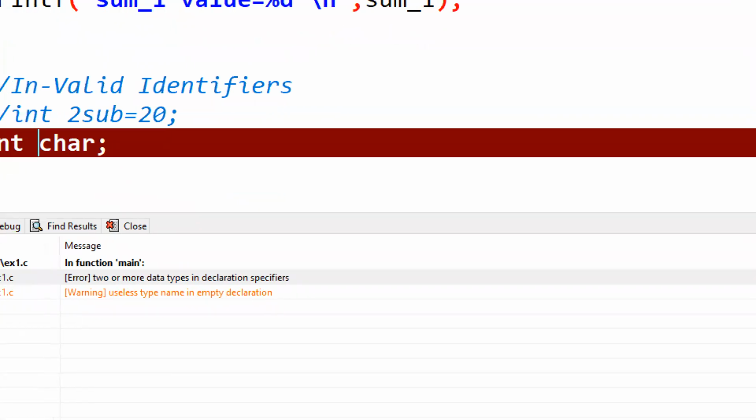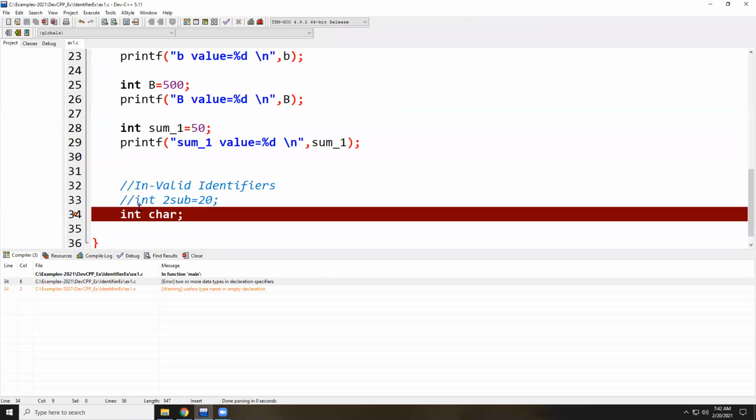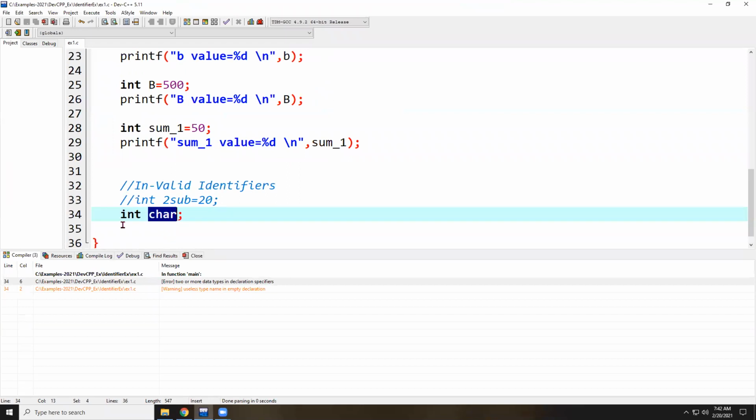See, the compiler understood that here we declared two different data types. At the time of declaration, we declare two or more data types at a time, and it shows the error. We cannot declare a keyword as an identifier. That is also an invalid identifier example.